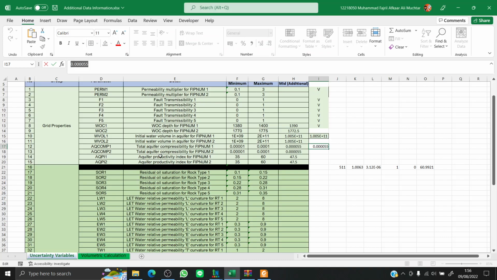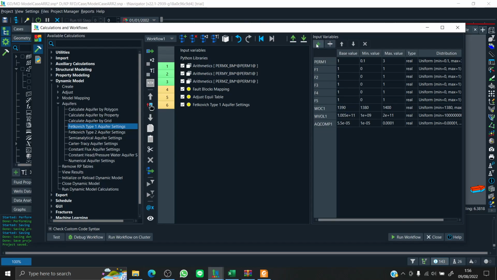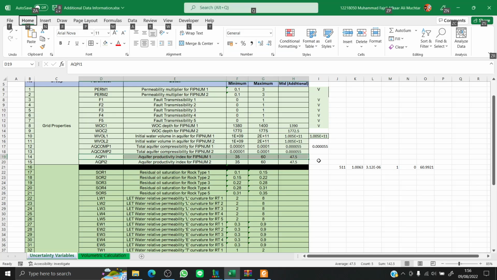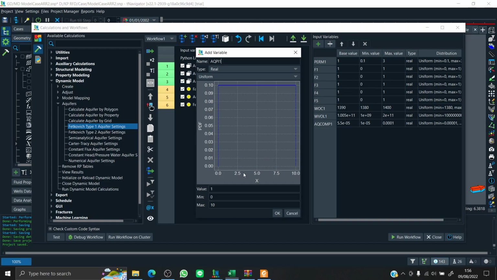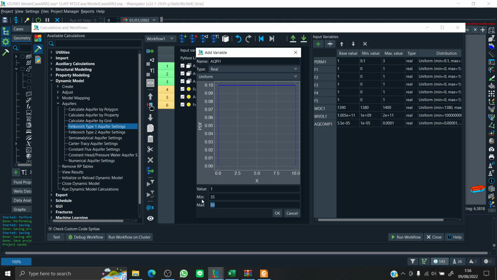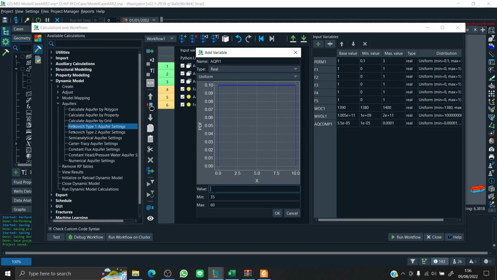And then the last aquifer parameter is the productivity index. We name it ACPI1. The name is really up to you, it's customized. So as long as you type in the right name at your particular calculation, it's safe. Okay, so this is 47.5 as the base value.